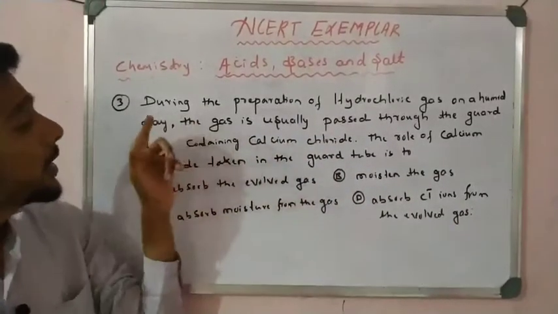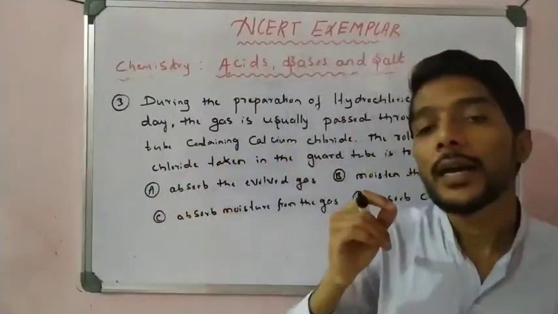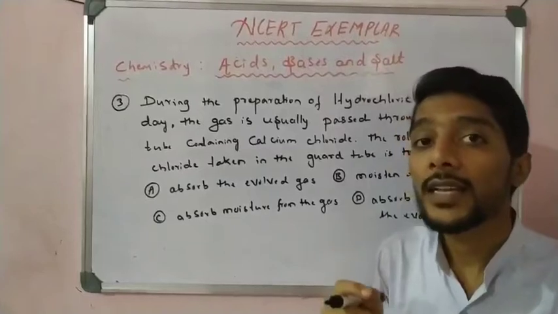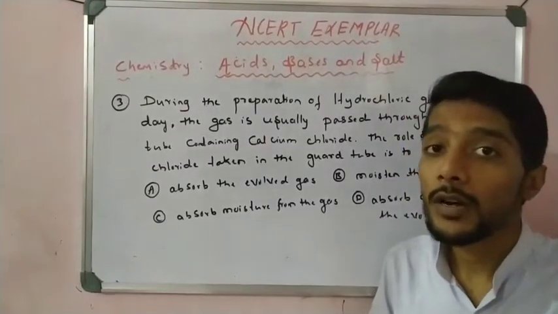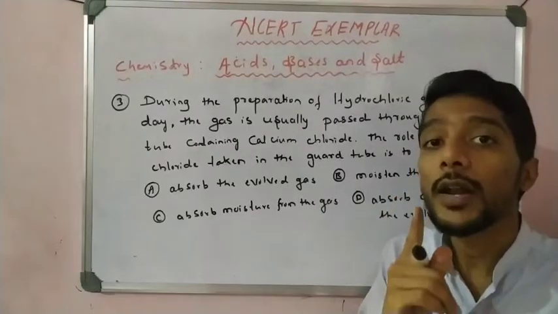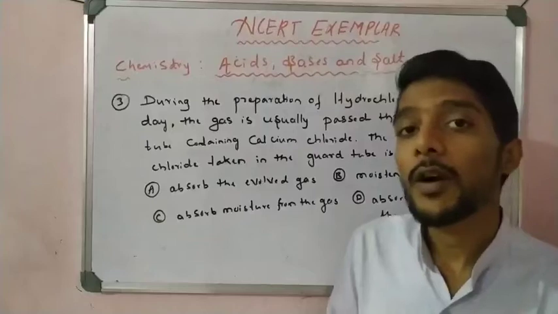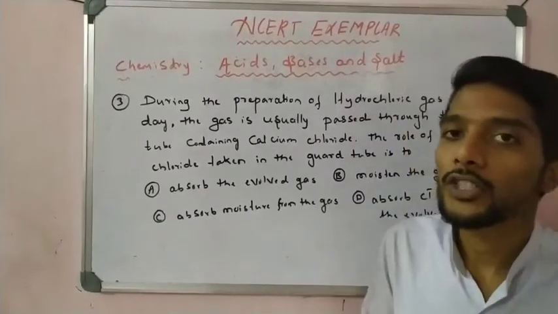So see here, this is the practical, very important. You already learned that the dry HCl gas, dry litmus paper experiment we already did in the acid base chapter. We know that dry litmus paper or dry HCl gas does not change the color of the litmus paper, right? Why? Because of the absence of moisture here, right?